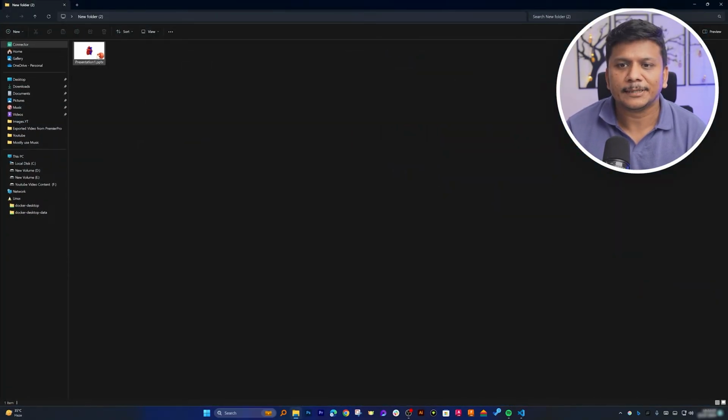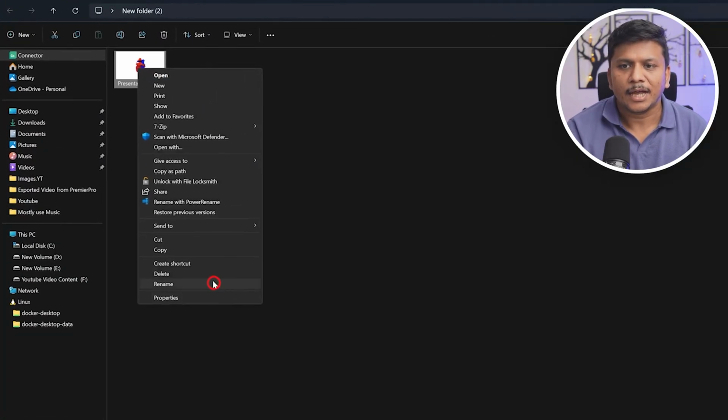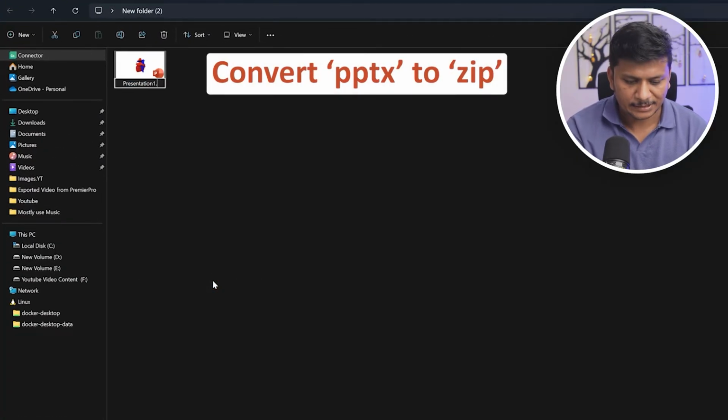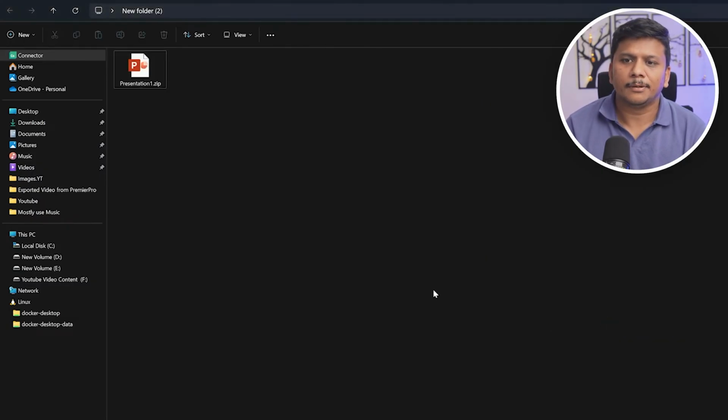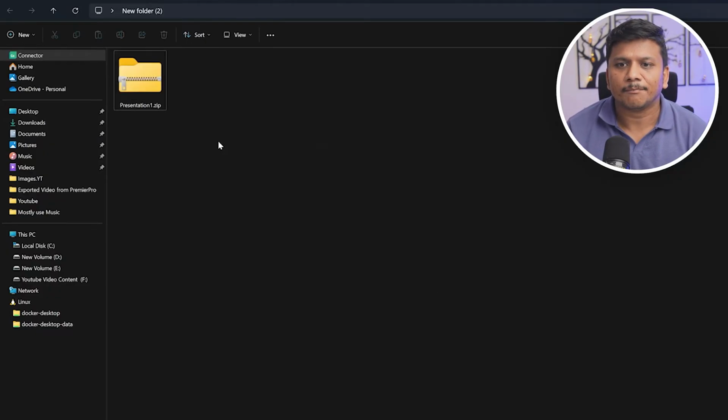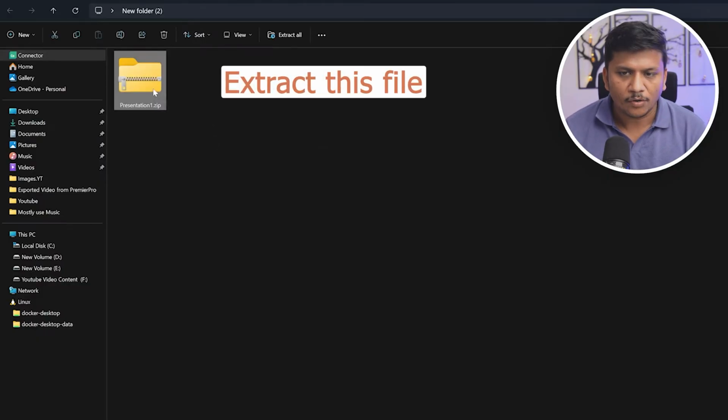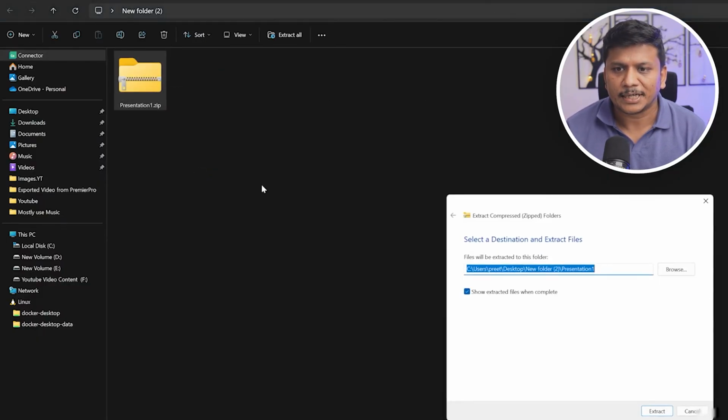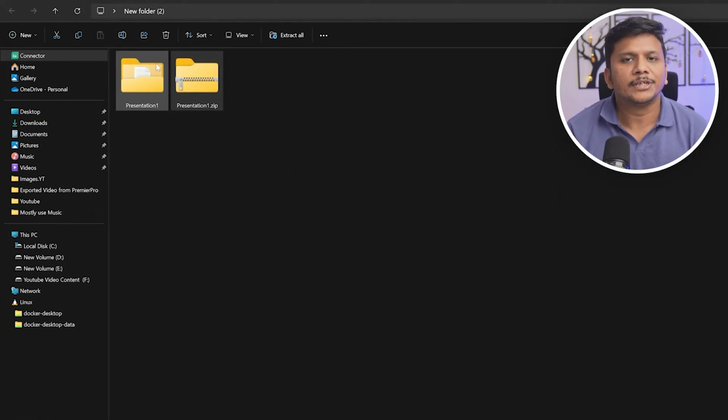Now what I will do here is make a right click, and you need to rename the file extension. So instead of PPTX, let's make it zip. If we talk about so many different file extensions, generally a file consists of multiple files that work together to make the PPT. So by converting this file from PPTX to zip, what we can now do is extract. This way we will be extracting all the components from this PPTX, which also include this 3D data